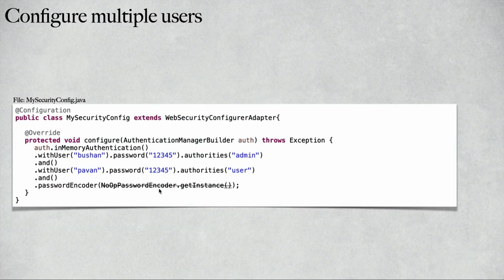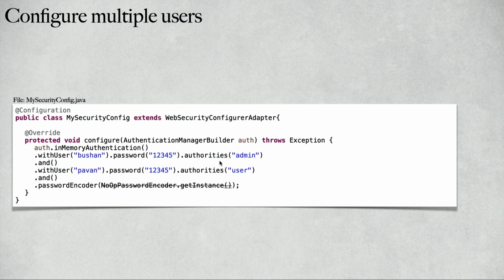All we need to do is override one of the methods, which is the configure method, inside our MySecurityConfig Java class. Inside this, we're going to override the configure method, which takes in the AuthenticationManagerBuilder as a parameter. And we're going to make use of the in-memory authentication, and we are going to define the users using the withUser method, and we are going to configure the password using the password method. And we need to provide the authorities. If you don't provide authorities, then Spring will throw an exception.